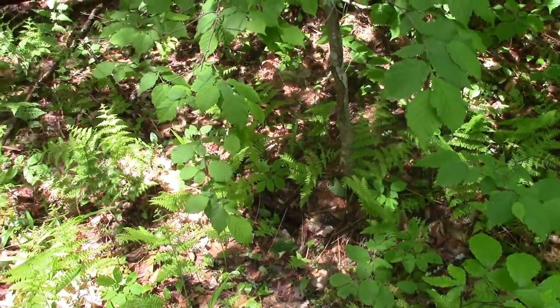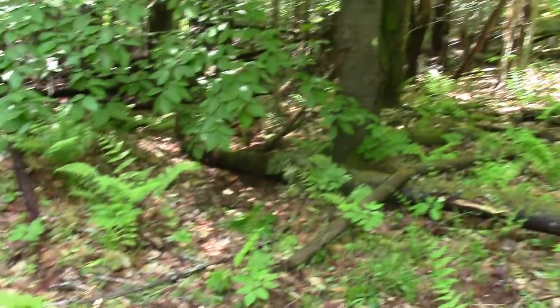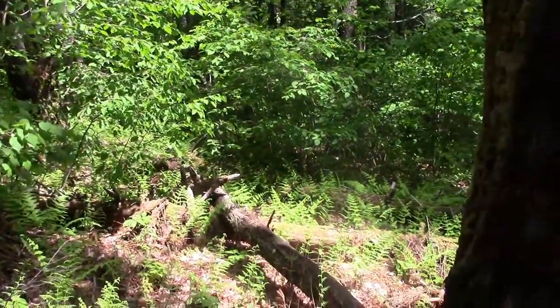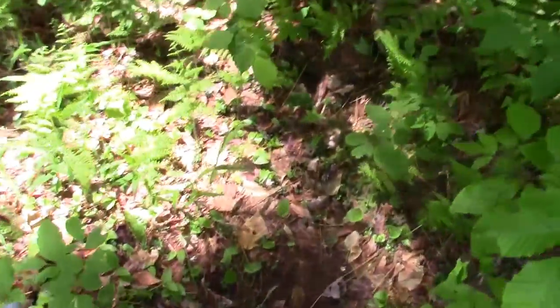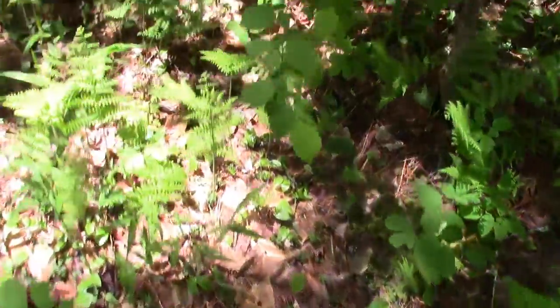Well, found something interesting again. Again, I've been in the same area right here. There's a big rock. Over there, over here. So I'm making my way through here. I think the cellar hole's over there. I can't see it, obviously, from here. Just making my way through, and I found a piece of bean pot. And it's okay. I thought it was no big deal until I pulled it up,